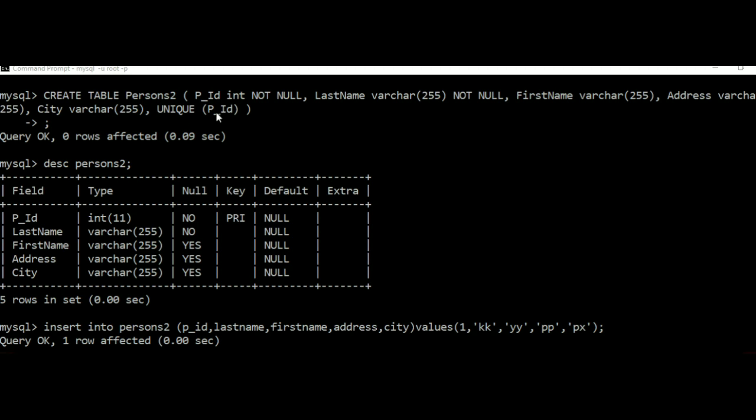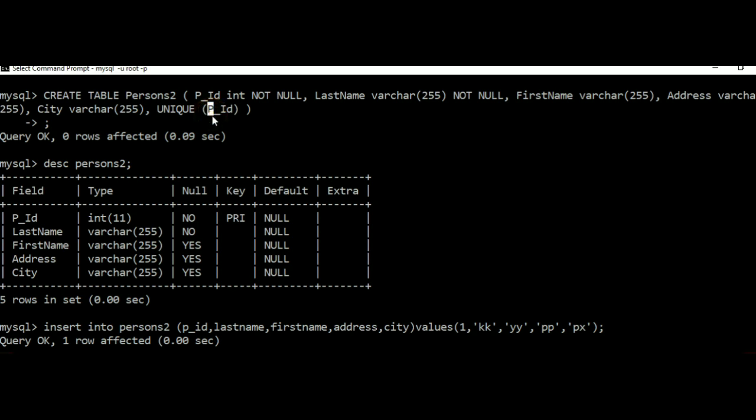In this video we are going to discuss the next MySQL constraint, called the unique constraint. First of all we will see what the unique constraint is, and then we will discuss how to create a unique constraint for our tables. As the name specifies, the unique constraint uniquely identifies each and every row in a given database table. That is, you can have this unique constraint for one attribute, or for a combination of attributes, that is, more than one attribute.